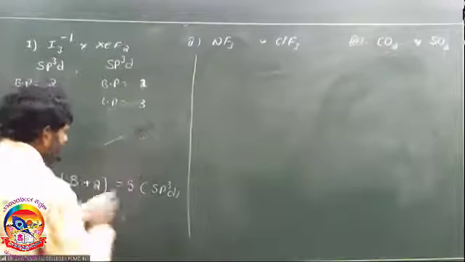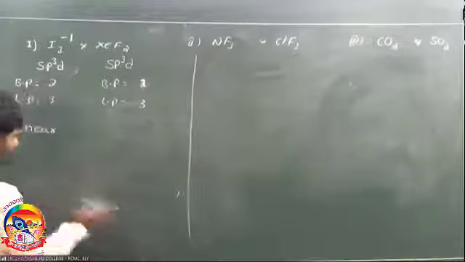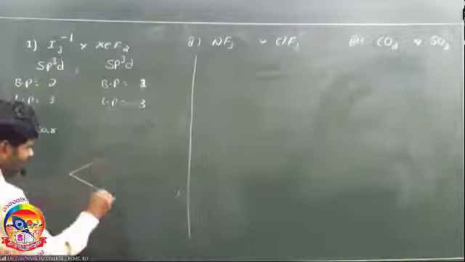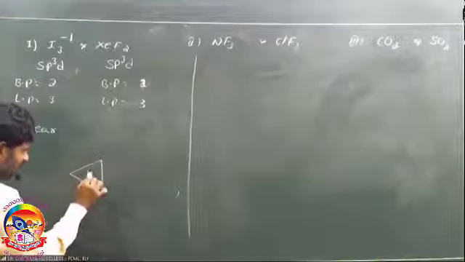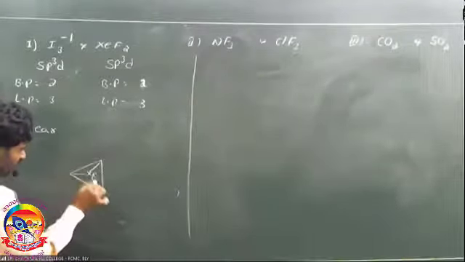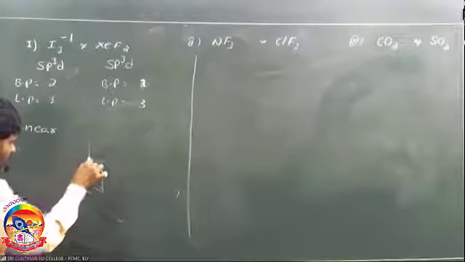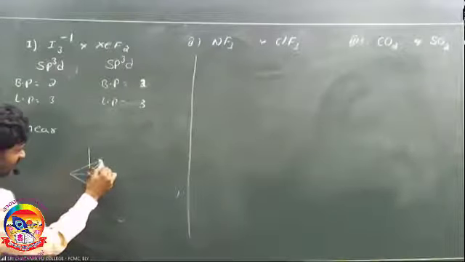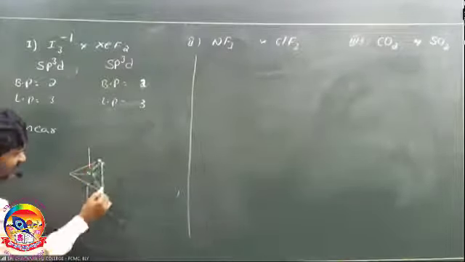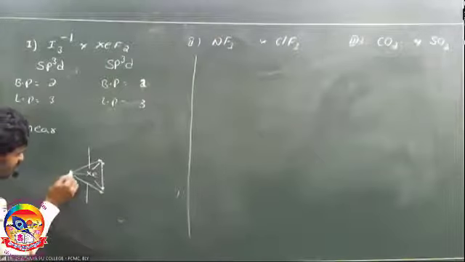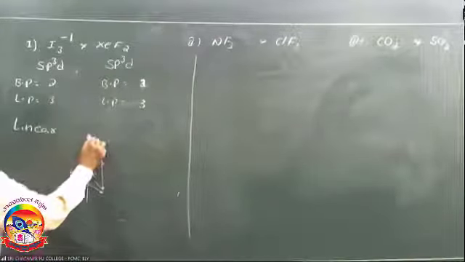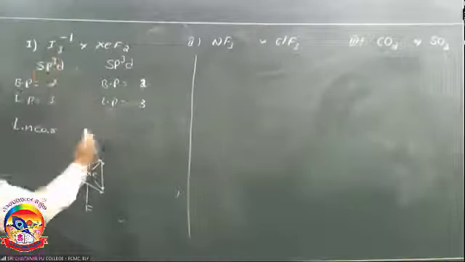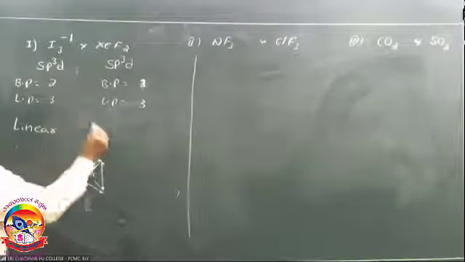So central atom is xenon. Next one, geometry of sp3d hybrid orbitals, trigonal bipyramidal. It is xenon. Trigonal bipyramidal. Okay. So it contains 3 lone pairs, like I3 minus ion. Position of lone pairs at the equatorial. These are considered as equatorial positions. Next one, bond pairs, axial position. So like I3 minus ion, XeF2 is also linear in geometry.